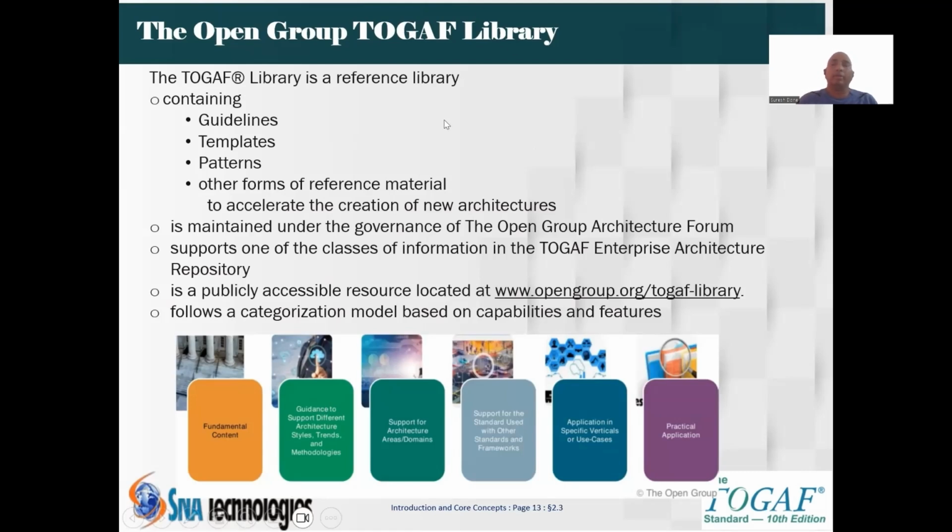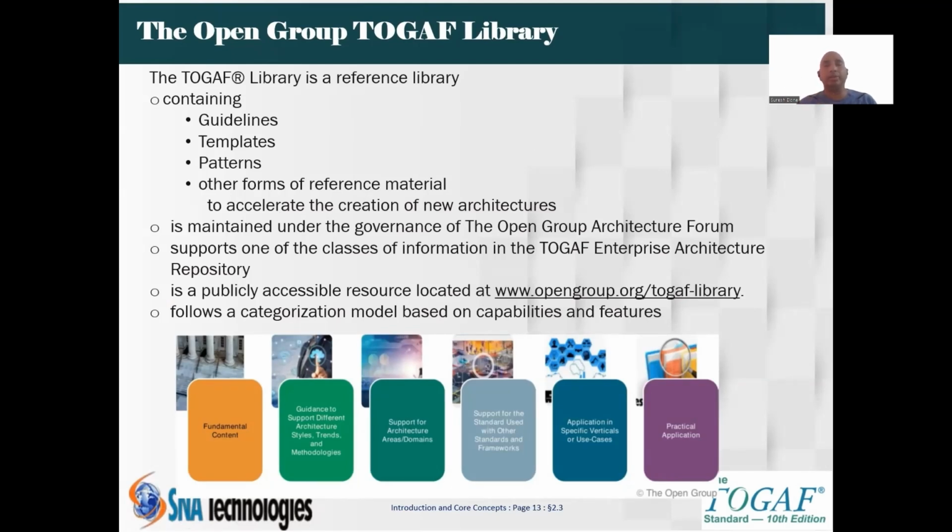the TOGAF library. If you go to opengroup.org, you see a library on the top right-hand side of the top menu. And under library, we have several libraries. One is the TOGAF library, and the second one is the ArchiMate library, IT4IT library, OpenPlay library, etc. So the TOGAF library is one library which contains everything, right? Some guidelines, some templates, some patterns,